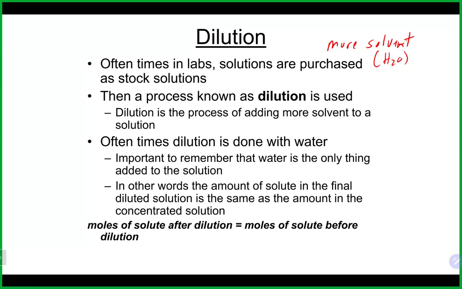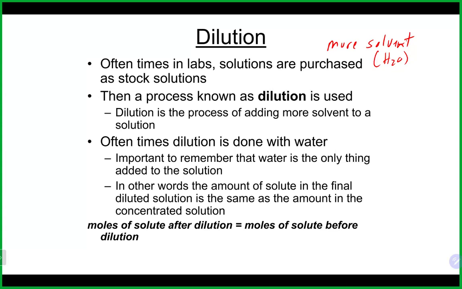The thing that's actually reacting in a solution when you do any type of chemical reaction is the solute, the stuff floating around in solution. That's the stuff that goes through a chemical reaction. The solvent doesn't. It's just there to provide a medium for those ions to float around in. So when we do a dilution and add more solvent, the moles of that solute stay the same,